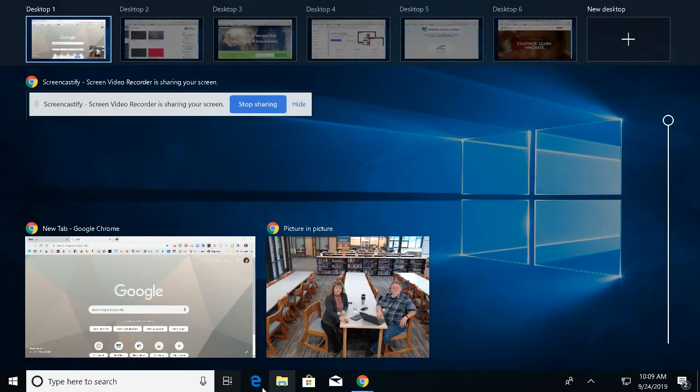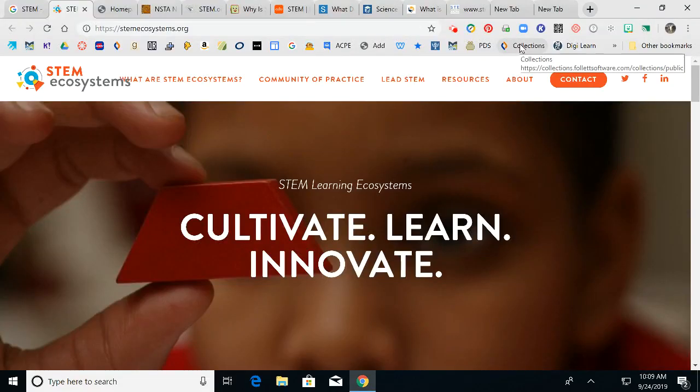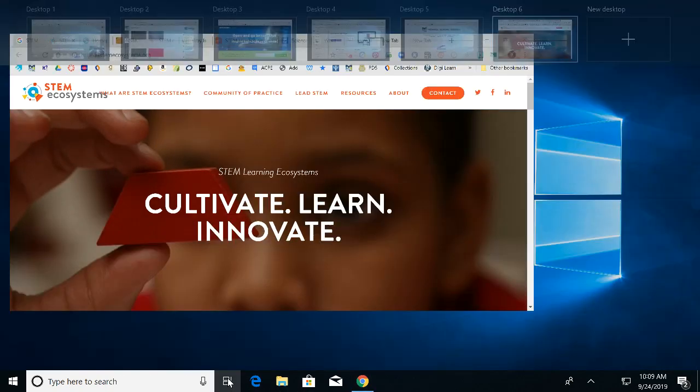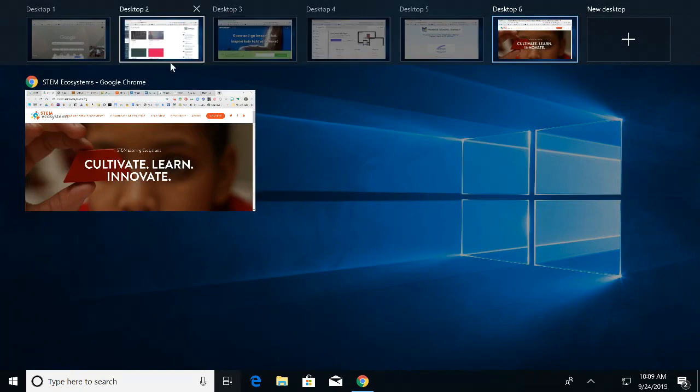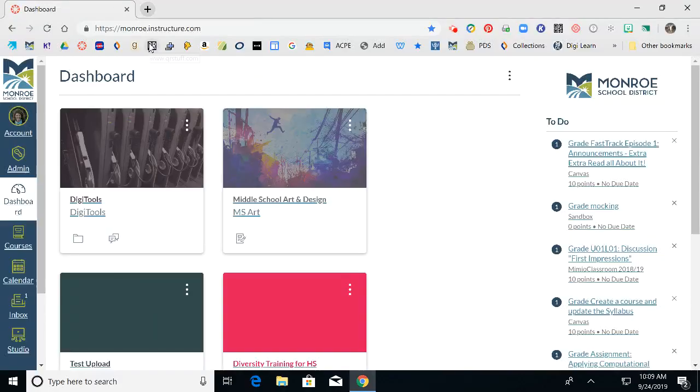So this is what it looks like. And this morning, actually, the reason this came about is that I was doing some STEM research, and look at all these tabs I had open in about 10 minutes. And then all of a sudden, I needed to switch gears and I needed to do something else. I didn't want to lose these, but I don't have a whole lot of room left up here to do any more searching. So what I did is I went ahead and opened a different desktop. And when I opened a different desktop,